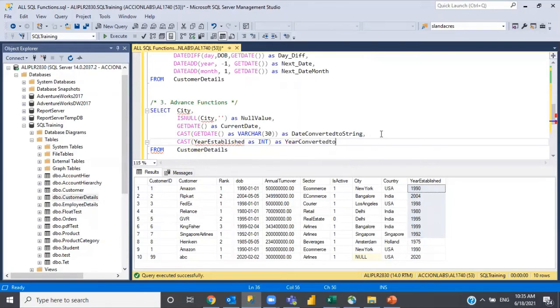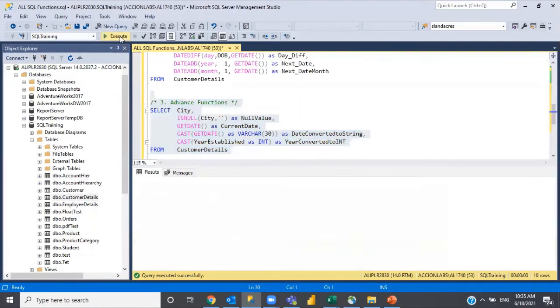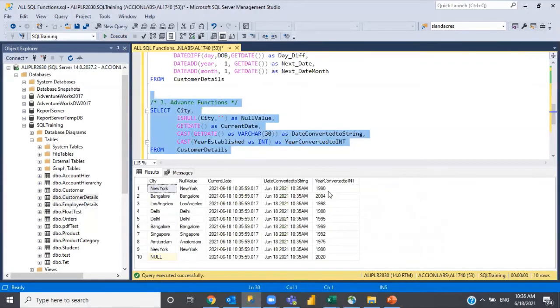Year converted to int. Now this particular value is converted to the integer. Like this, you can use the CAST function to convert the data types.